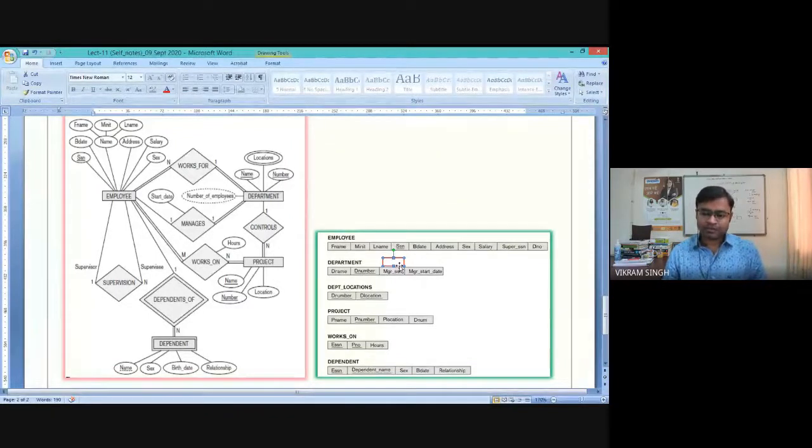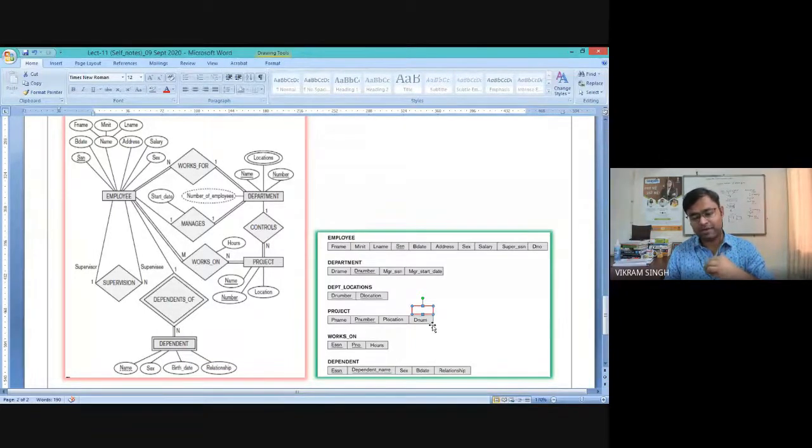Now, if we go to the department location, we have clearly discussed it, and now let's go to the project table. If you see, there is this relationship between project and department of nature 1:n. Because department is the one side entity, we will be taking the primary key of the department table and placing it in the n side entity, the project table.